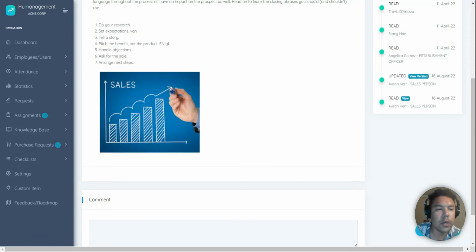And so when you have someone who's read something, you can go to their profile. In their profile, you can see the articles and you can print it out. Let's do the sales one. If you print out the sales one, then you can see it printed out and you can see the signature data here. So this one didn't have a signature, but it still says the user acknowledged on this date,